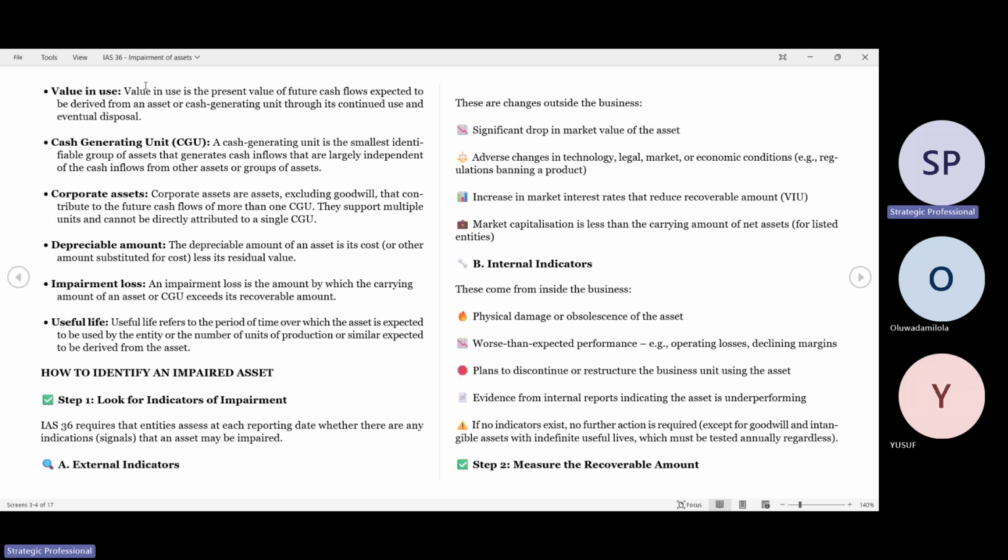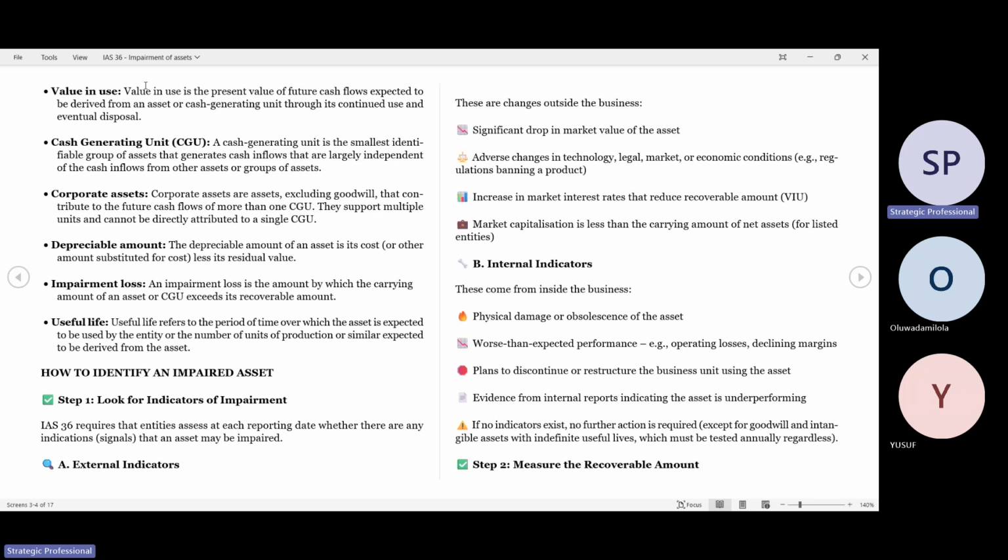Then the outflow, you might be wondering, why is Tunde saying outflow? Because of course, because it's an asset, there will still be regular maintenance. They will do regular repairs and maintenance, because at some point in time the asset might have one or two issues, so they will need to service the asset. That's why we have outflow. So the same way the company is looking at the inflow, the company also looks at how much it will cost us to maybe repair it, or labor costs, people that would work on the machinery. So those are the outflows.